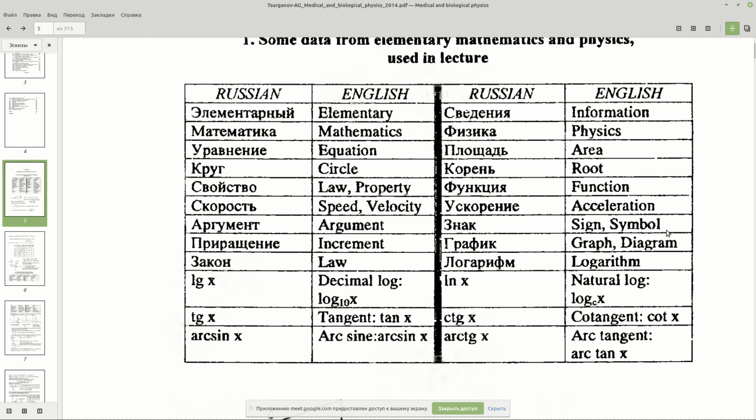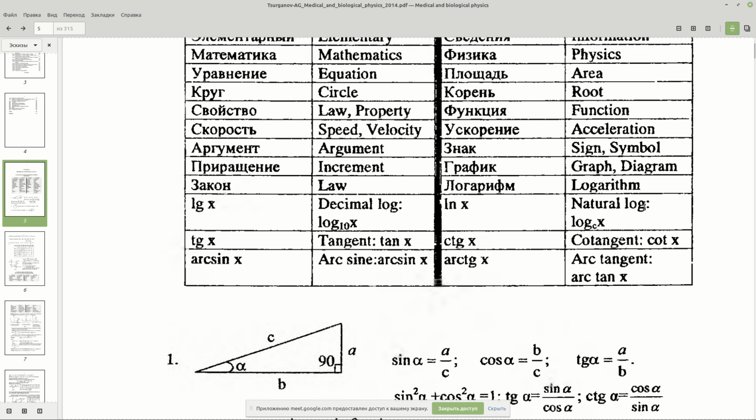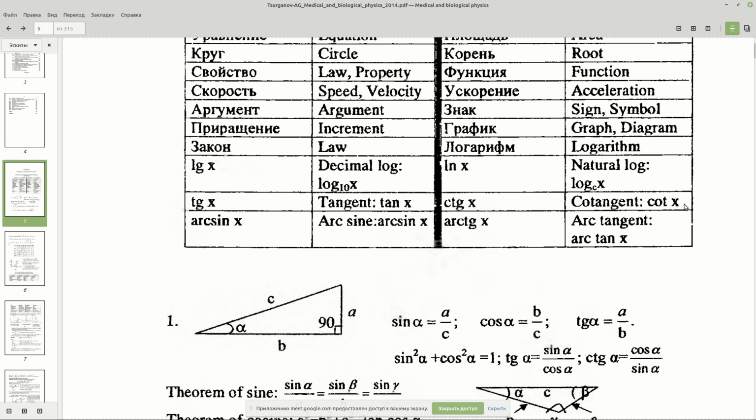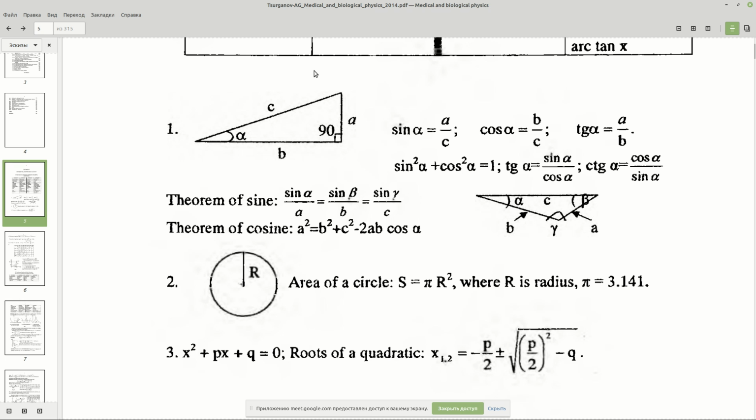arctangent. So we use the right rectangular triangle, and we use such equations which are useful for this triangle. So sinus, it's nearby this right angle. Yes, we have to use these